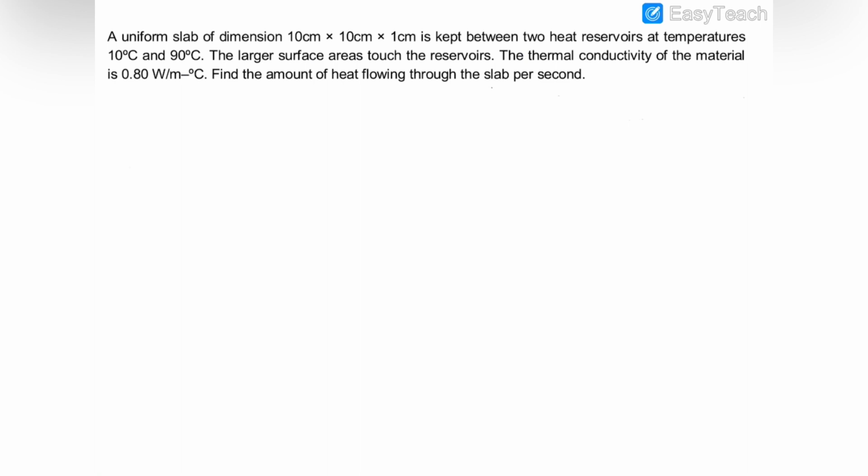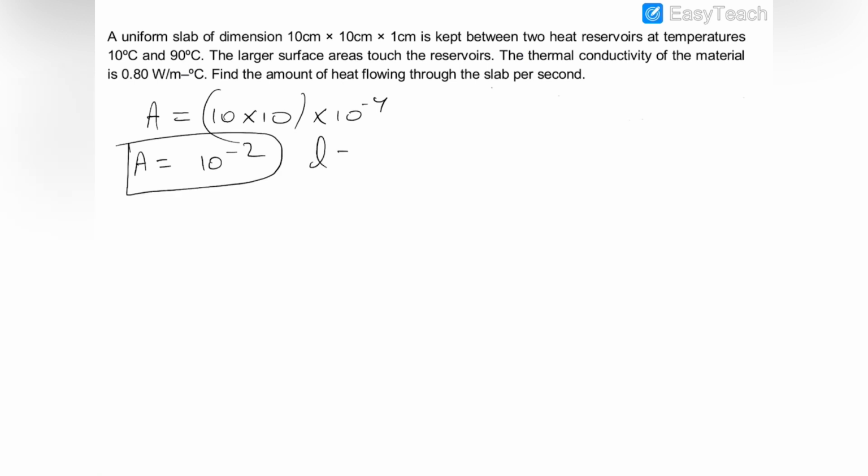The thermal conductivity of this material is 0.8, and we have to find out the heat flowing per second through this slab. So the area of cross section of this slab would be the largest area, and it is 10 into 10 into 10 to the power minus 4. So the area would be 10 to the power minus 2. The length of this block will be 1 into 10 raised to the power minus 2